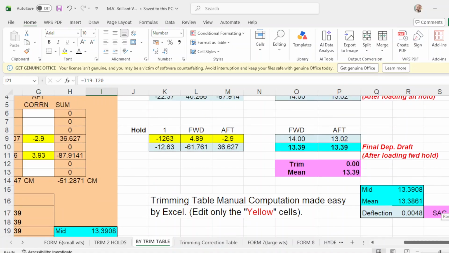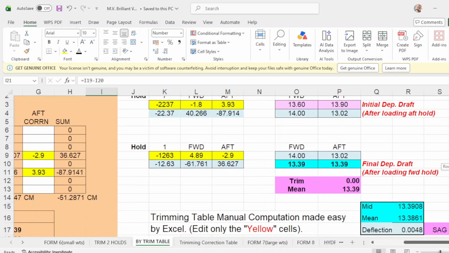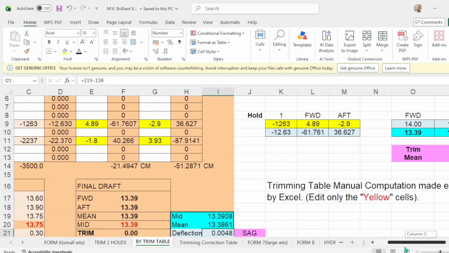So here, you discharge first in number 1. After completing discharge in number 1, you discharge in number 7, then you will have even keel of 13.39. And your deflection is 0.